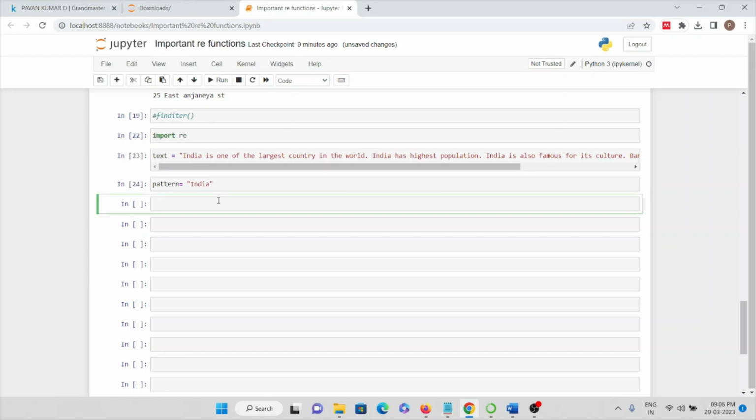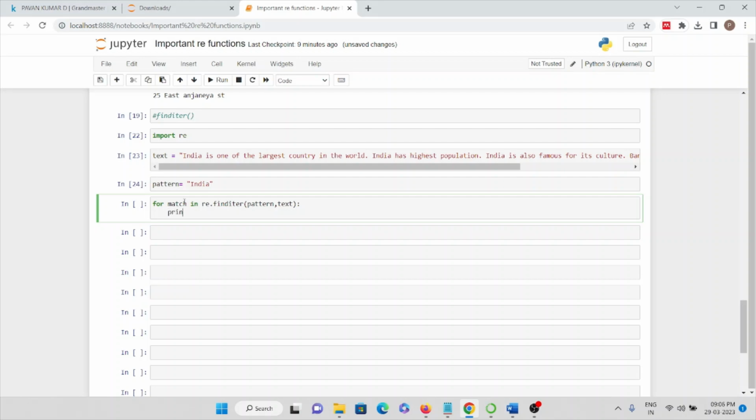Now we'll see how to use the finditer function: for match in re.finditer, and here I will write pattern comma text,